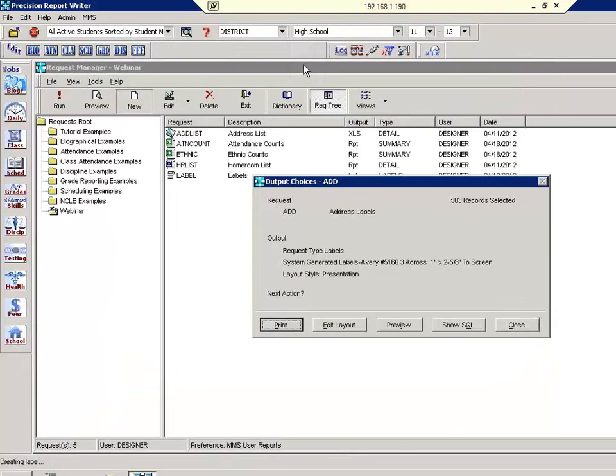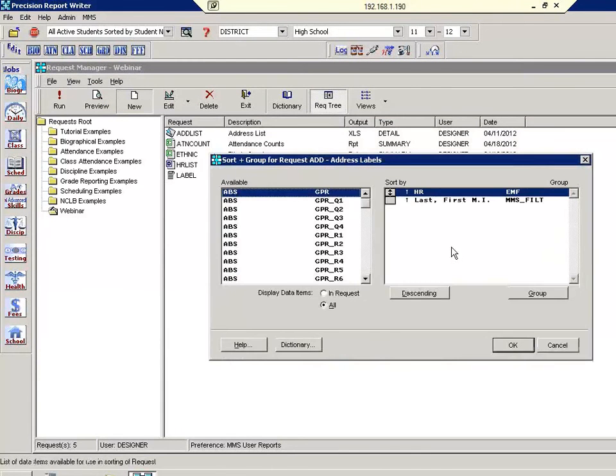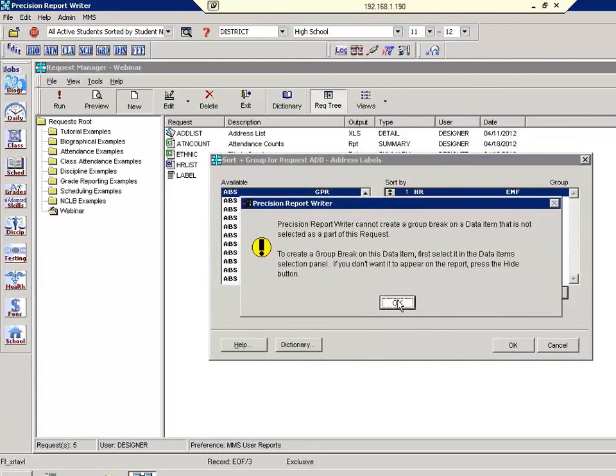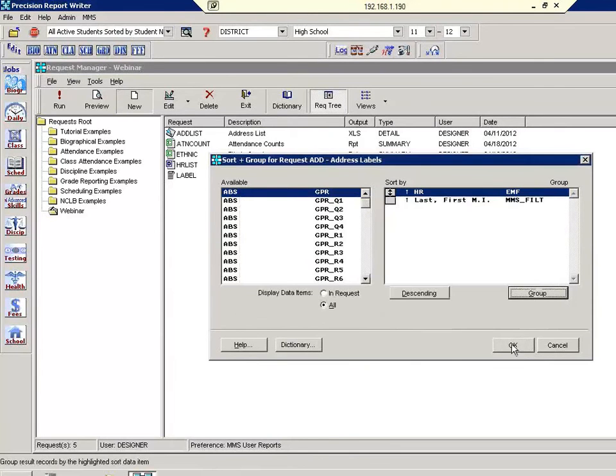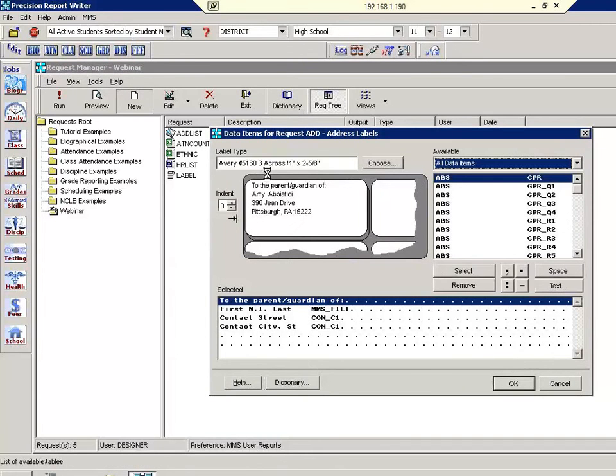Now, an additional feature that's also very useful is in the sort and group area. Let me see if it'll let me group on... it won't let me group on the homeroom. So we'll look at a feature in the sort and group area that lets you start things on a different, well, no, let me do that now. I'm going to go back to the data items because I want to show you a feature that's usually particularly useful in the